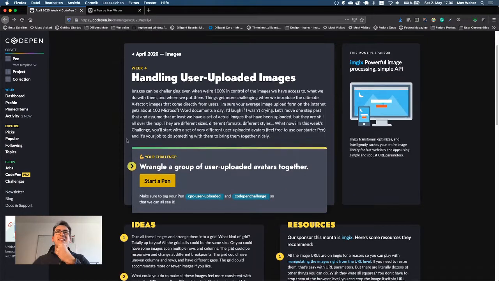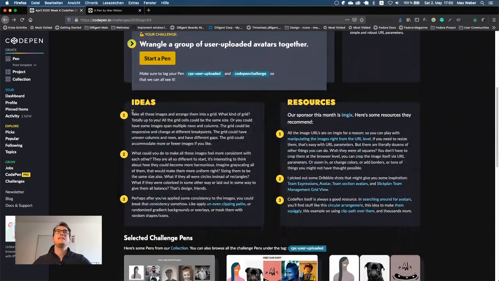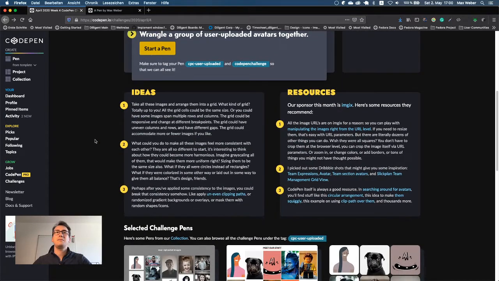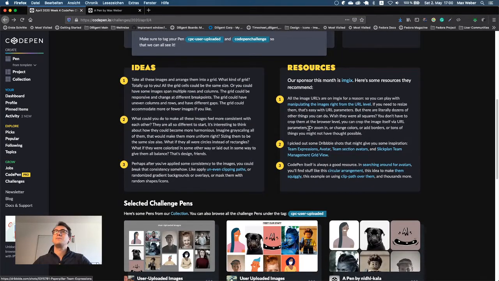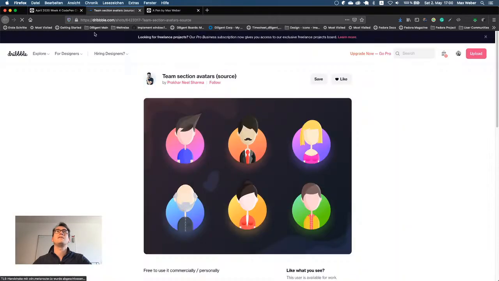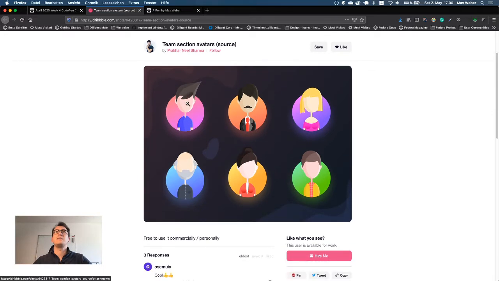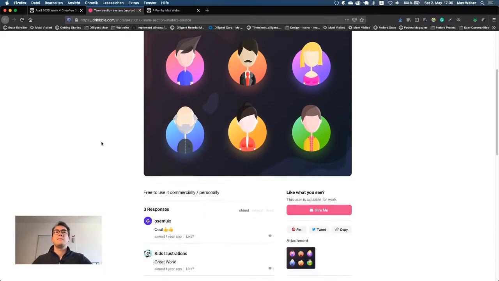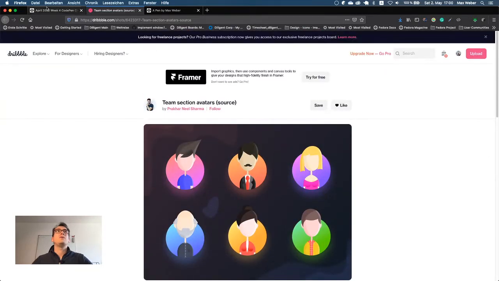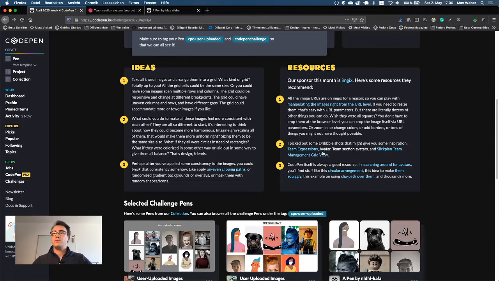Okay, so let's take a look. There are plenty of ideas that they give you as a starting point. They also give you some resources, like for example Dribbbles that you can do, so you can jump inside them and have a look how they created them, and I really like them with that nice circle behind and also the images going a bit above. But I think it will be very hard for the images that have already a border. And that is quite cool that CodePen already provides us with such information.